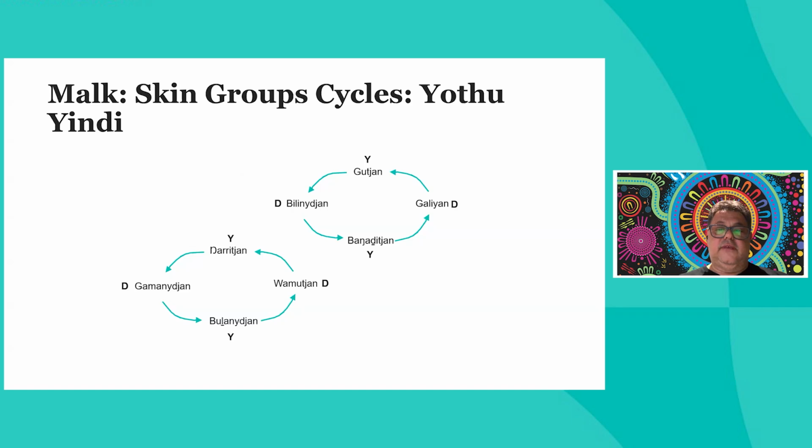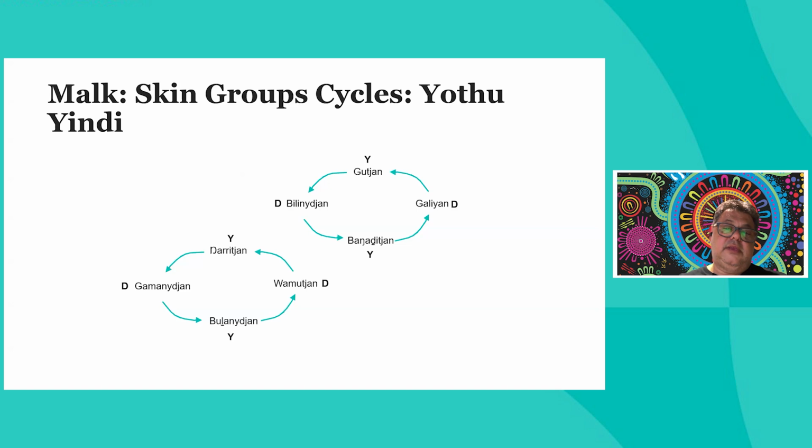So if you look at the circle on the very top, you've got Gutjung, and that was underneath the Yirija moiety. That's why it's got a Y above it. So if your mother was Gutjung, then all her children will be in the next one, Balanjung, with the circle with the arrow pointing to it. Now remember, there was a male version of that name, so the male version should really sit there. I'm only using the female names. And the reason I'm doing this is because this is about a mother-child relationship. And that's actually what Yothi Indi means, a mother-child relationship.